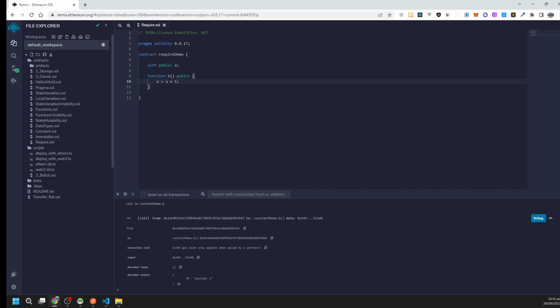So this is a simple smart contract with the initialization of a variable a, and then we increment it in a function b. So let's save it and